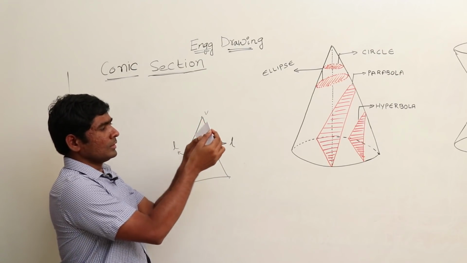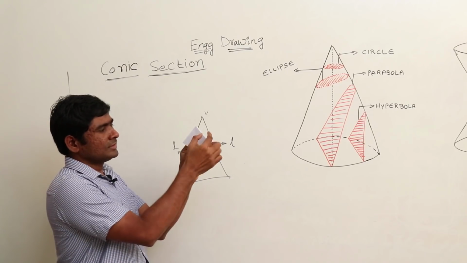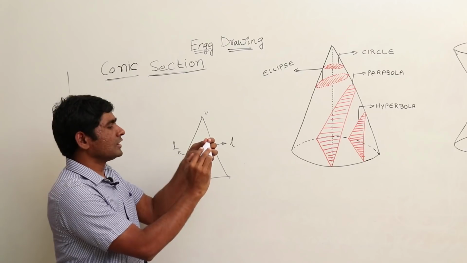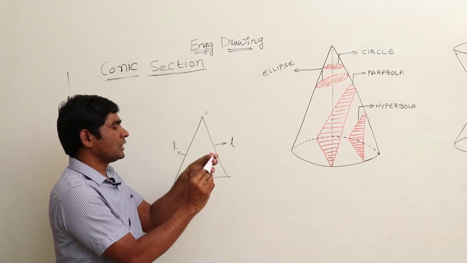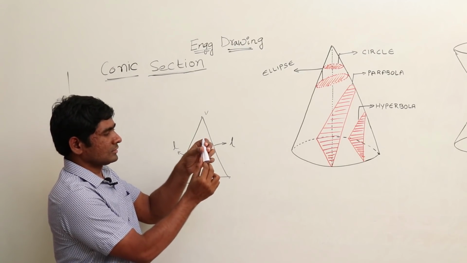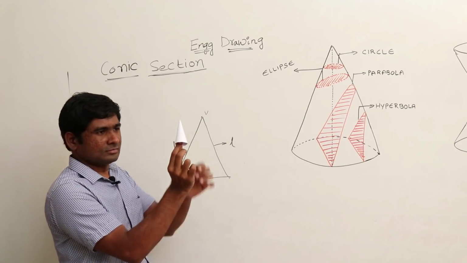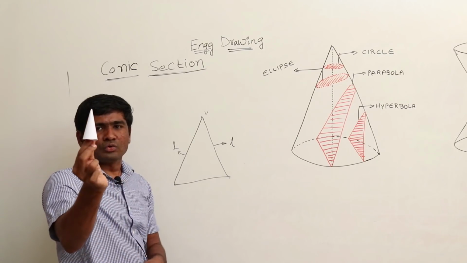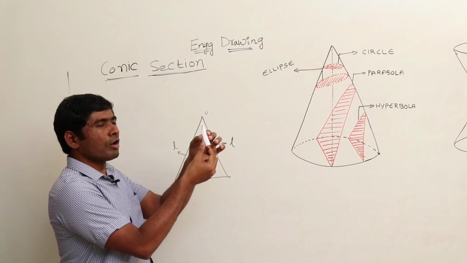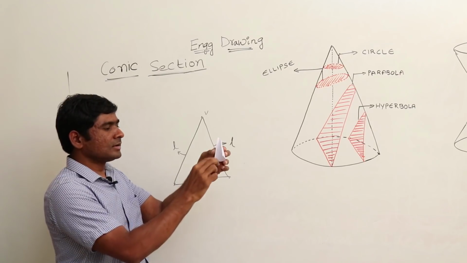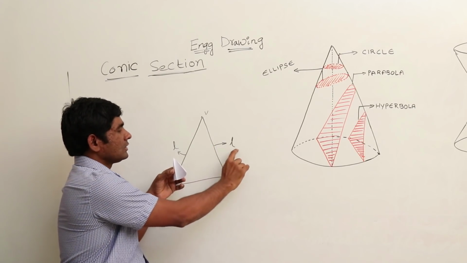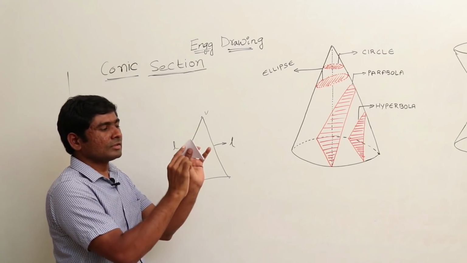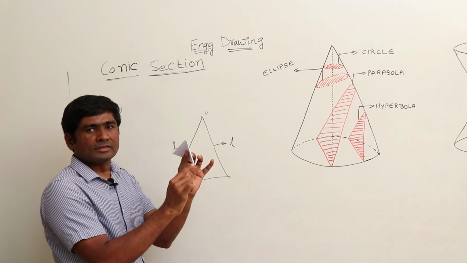What I do is, observe clearly. When I turn this like this, I will make a cone like this. So this is looking like a cone now. So see, this is a cone. How do I form a cone here? This is the cone. So when I formed the cone like this, this is nothing but the lateral length, the lateral surface. So this is one lateral surface, and this is the other part of the lateral surface.